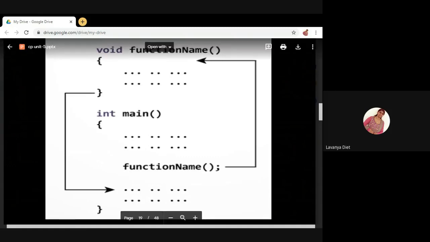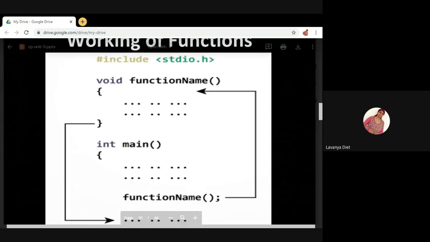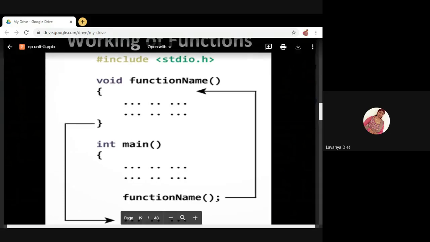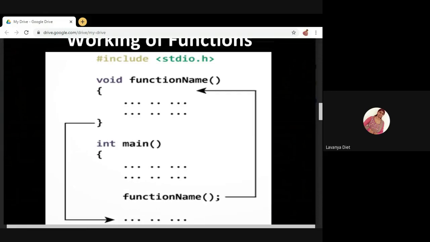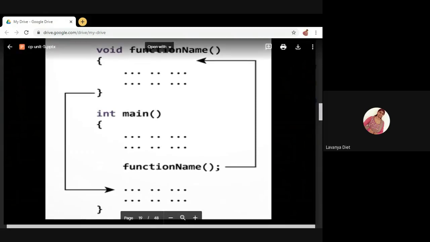See the arrow mark. After executing the first statement and second statement inside the function, control comes to the third statement, which is nothing but a function call. Simply specify the function name. Now control goes to its function definition. What is the function definition? See here, before main. Control goes to this function definition and all the statements inside the function will be executed. After all these statements are executed, control comes to the next statement of this function call.